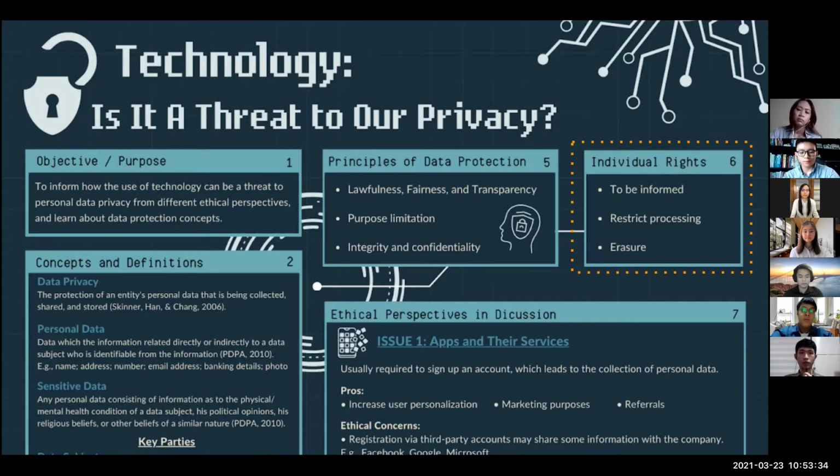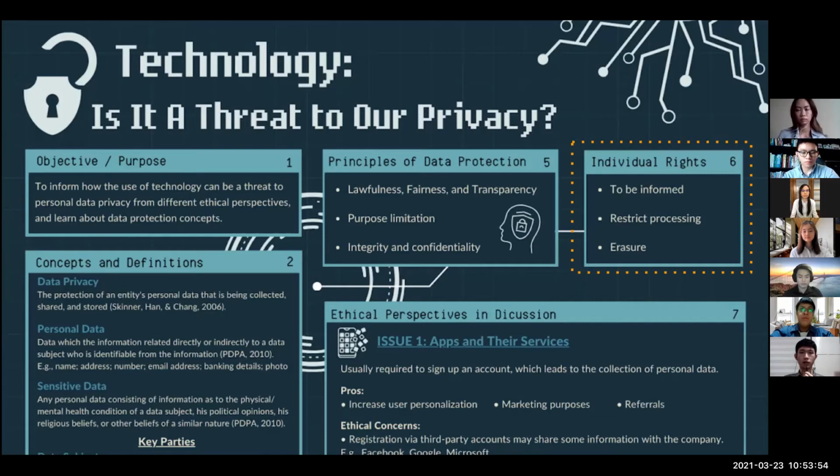For instance, the GDPR states that if personal data is obtained from another source, the individual must be informed of their privacy information, that is, the usage, retention period, and so on as mentioned earlier. In addition, the information provided must be in plain and concise language so that the normal population can understand clearly.